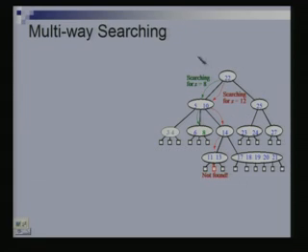Okay. So, this is an example of a multi-way search tree. As you can see, this node has 2 children, this has 3 children, this node has 2 children, and this has 6 children. Now, how many keys are there in a node? The number of keys in a node is 1 less than the number of children that node has. And why is that? For instance, this node has 3 children and you need 2 keys in the node.